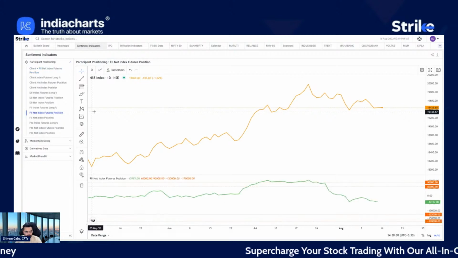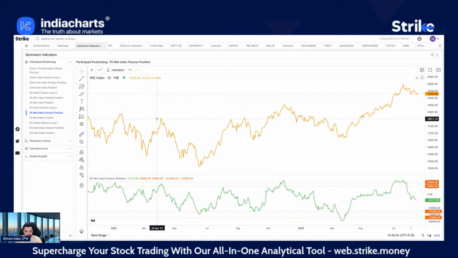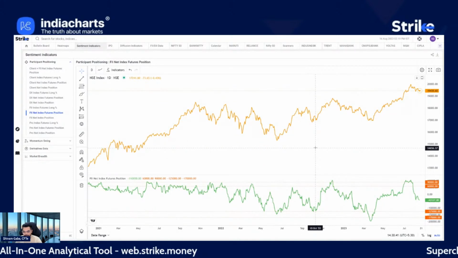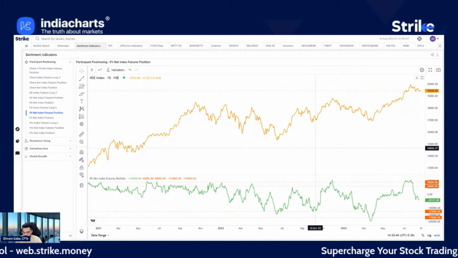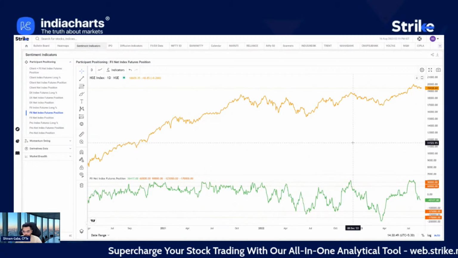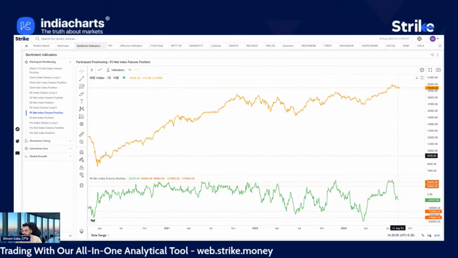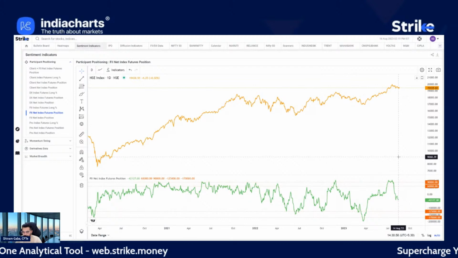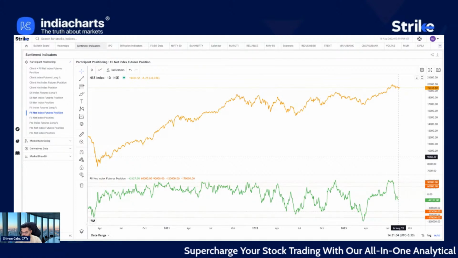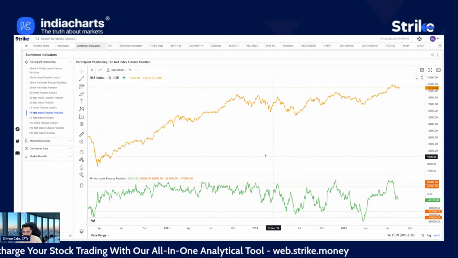So the first indicator that I'm going to look at is the FII's net index futures positions. What that means is all the long contracts that FIIs hold in index futures less all the short contracts, and the net number that we get each day is plotted here. As of Monday's close, note that this data is updated on EOD when the data is received from the exchange, the data is at negative 42,000 contracts. So FIIs are short to the extent of 42,000 contracts in index futures.